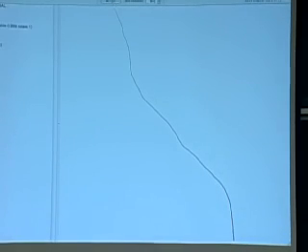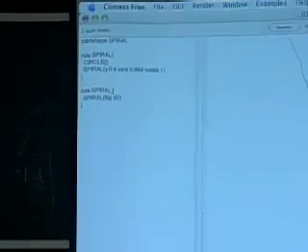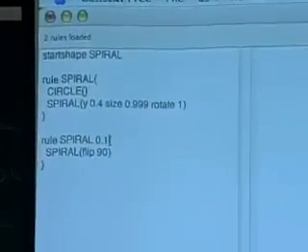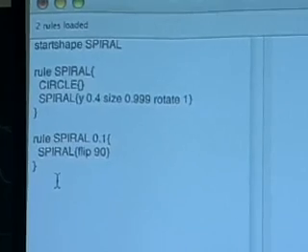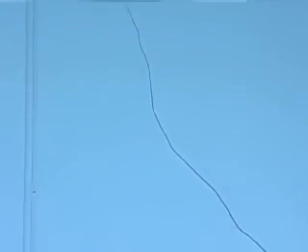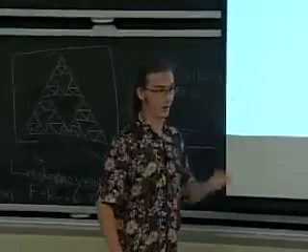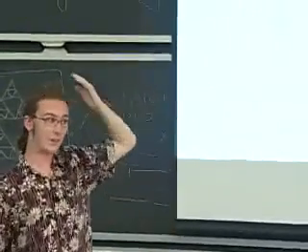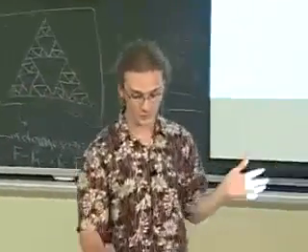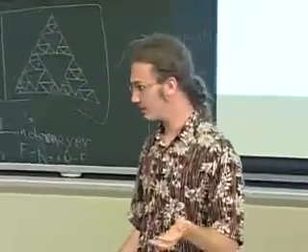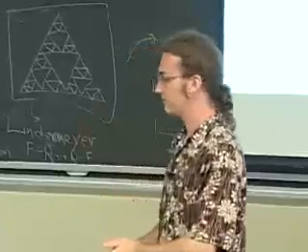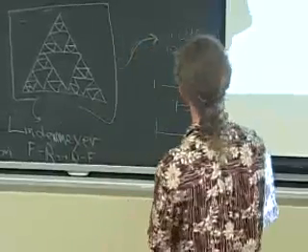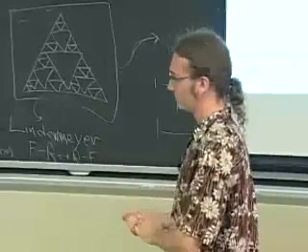Another feature of the language is we can change the probabilities at which these things are called. So let's say 0.1. I put 0.1 right next to the second spiral rule, the flipping rule. If I don't specify a number, it gets 1. So that means the first rule is going to get called with a probability 1, and the second rule is going to be called with a probability 0.1. Maybe 1 minus that? No, the first rule we call the probability 1 minus 0.1, because you're rolling a die. You can never go beyond probability 1.